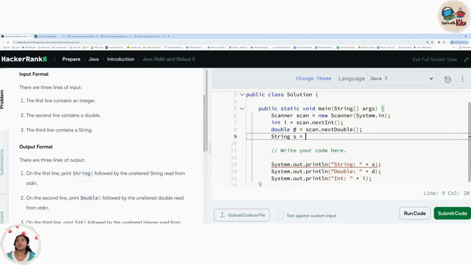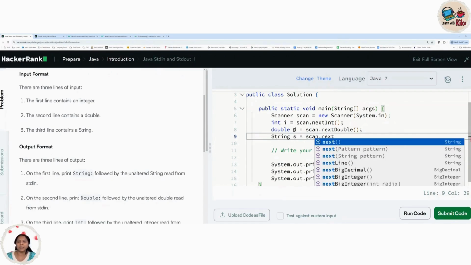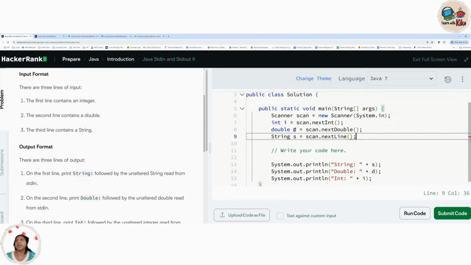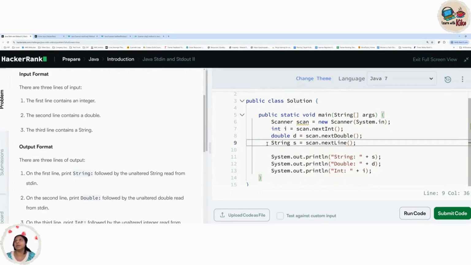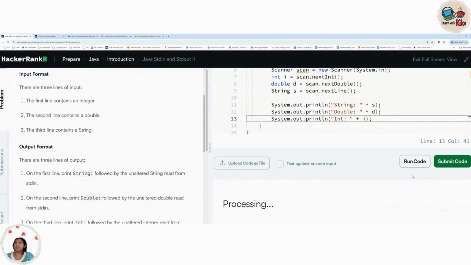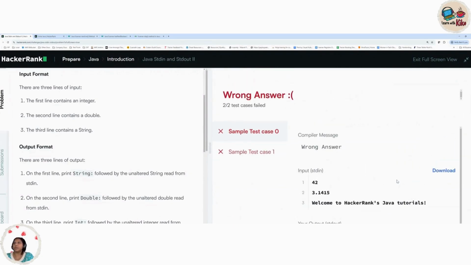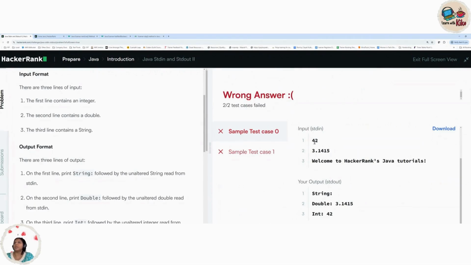Okay, and then the next one is a string. So let's declare a string s equal to scan dot next line. Okay, let's remove this. Yeah, so we are reading an int, we are reading a double, we are reading a string. They are all saying that in next as well. So it will be read in the same way, printed in the same way. So that is string, double, int. So if I say run code,